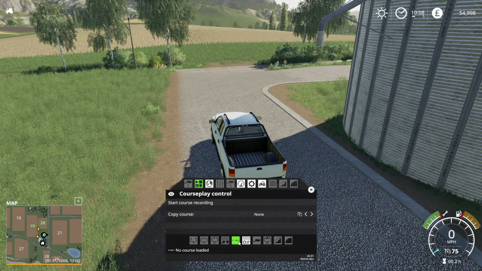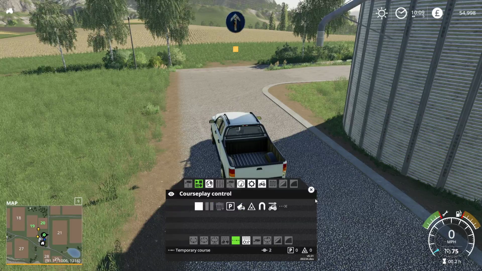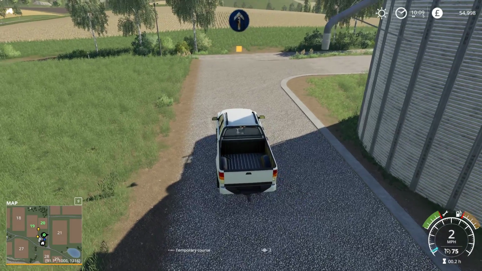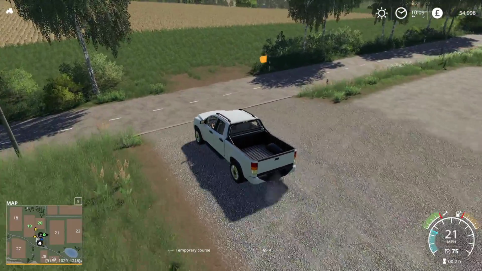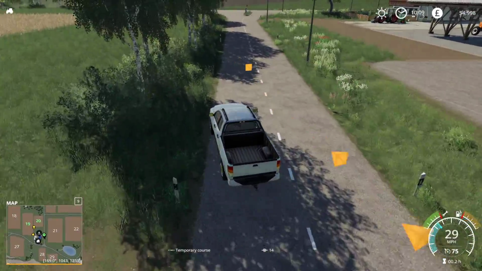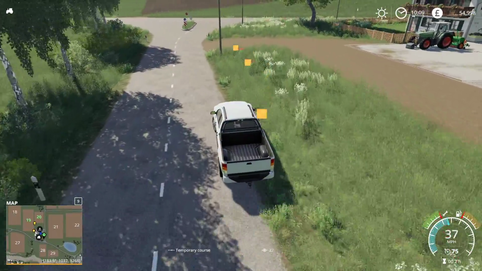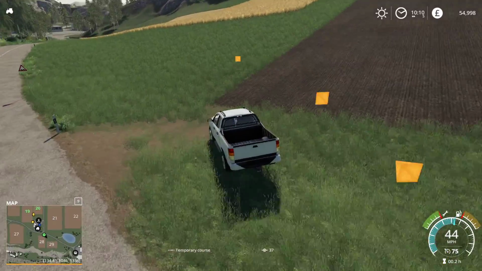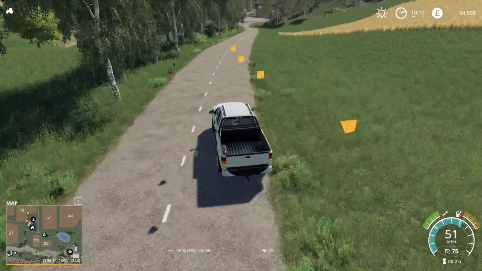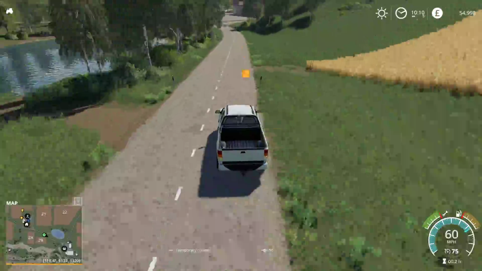So what I'm going to do in transfer mode here in CoursePlay, I'm just going to click Start Course Recording. We'll close that down for now. Then I'm just going to drive from here to the store. But as I say, I'm going to actually drive off the road a little bit. I'm not sure where yet, but we'll do something like that. Go off the road a bit further, and then we'll come over here and drive up into here somewhere. That'll probably do. I'm not going to get too fancy with it,